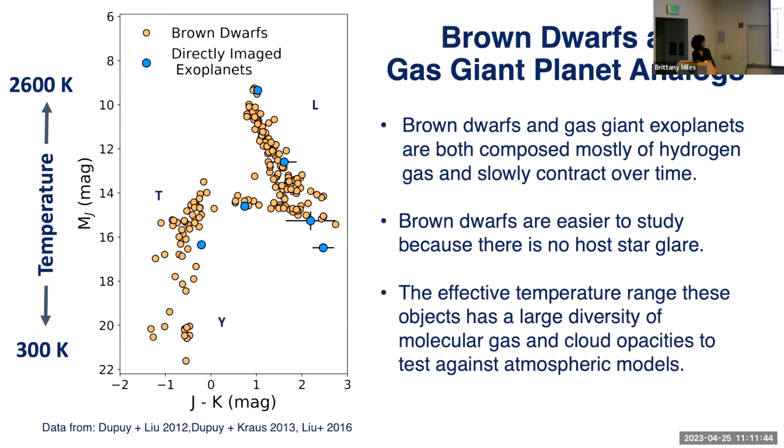And lastly, you'll notice that directly imaged exoplanets typically have this cutoff at about 600 Kelvin or so, at like a J band magnitude of like 16. But the brown dwarf sequence completely covers this large effective temperature range where we don't have any directly imaged exoplanets